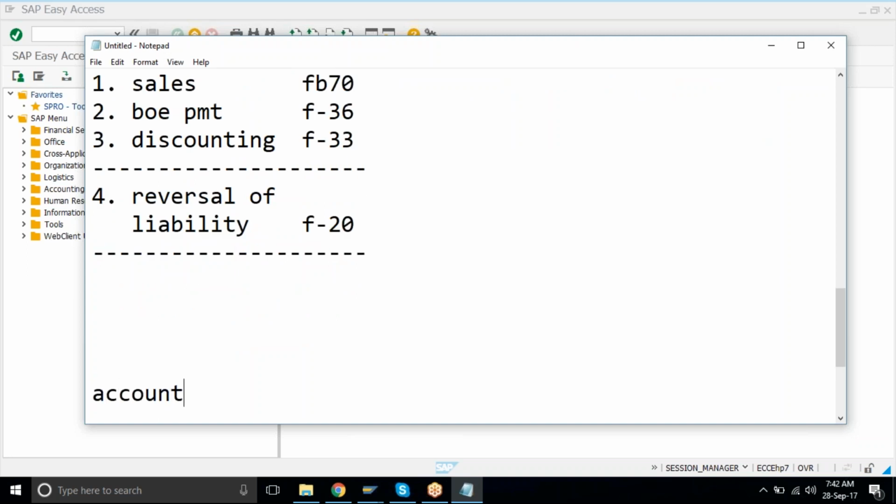Now next part, accounts required for the same. Again it is going to be a special GL transaction. We did that earlier also, right? In case of down payment. Remember?